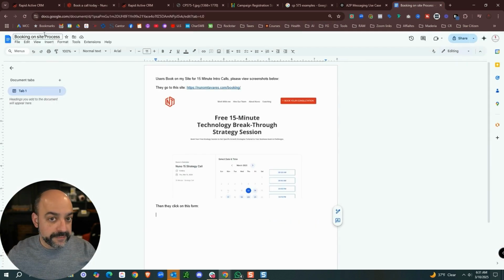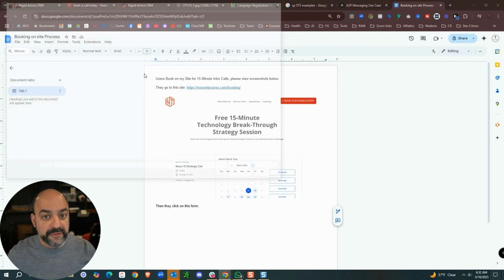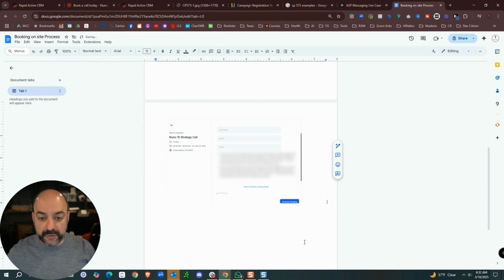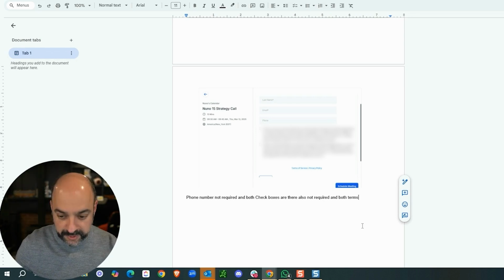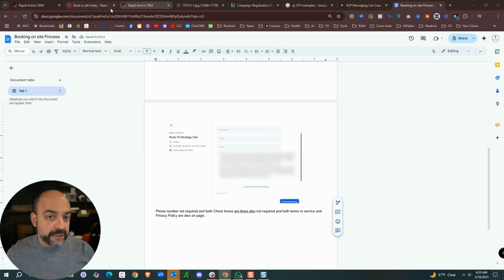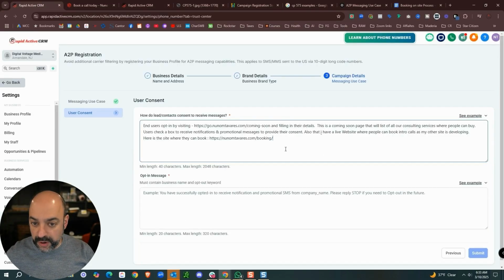Go back over here. Insert image. Upload from computer. All right. Because it shows a form, I'm going to say again, repeat: phone number not required, and both checkboxes are there, also not required, and both terms of service and privacy policy are also on the page. Okay. And then the only thing I'm going to add to this form is, just like before, they can stop